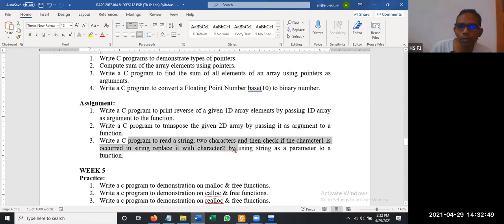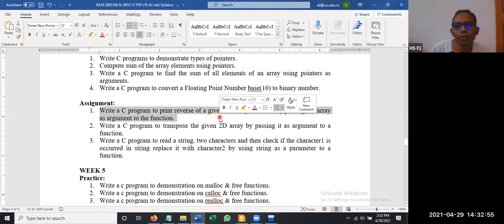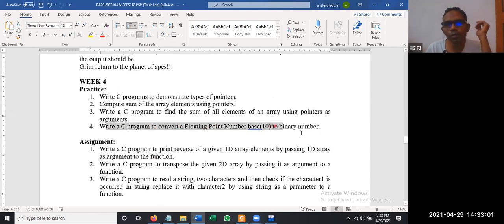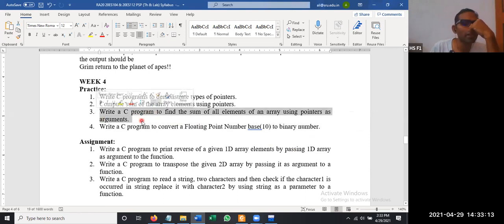Replace it with character 2 by using string as a parameter to the function. Print reverse of a given one-dimensional array element, this one is finished yesterday. Write a C program to convert a floating point number base 10 to binary number. This one we will do later, not now. Find sum of all elements of an array is over. Compute sum of pointers as arguments. We'll see that, not an issue.